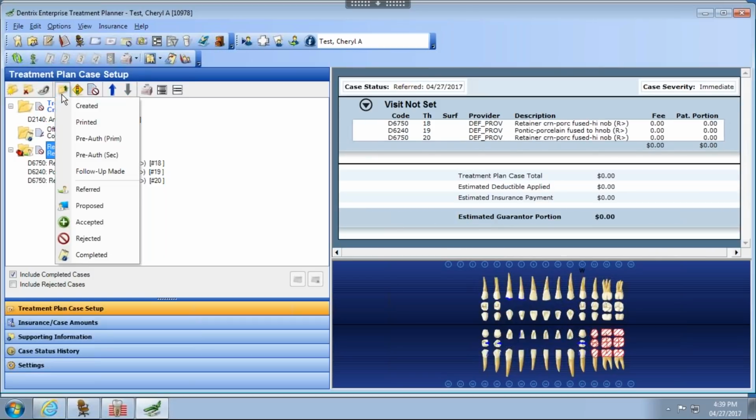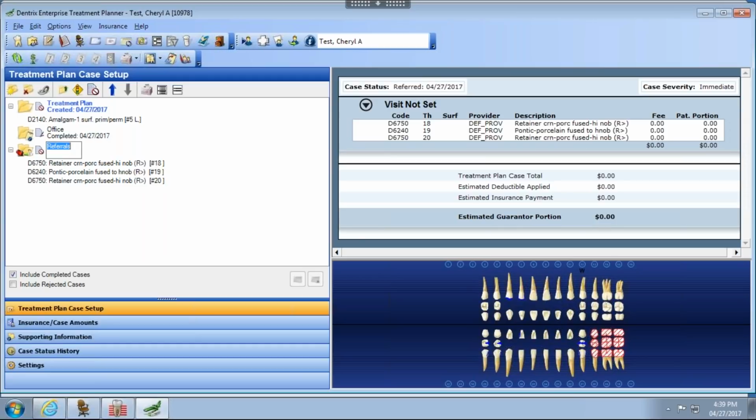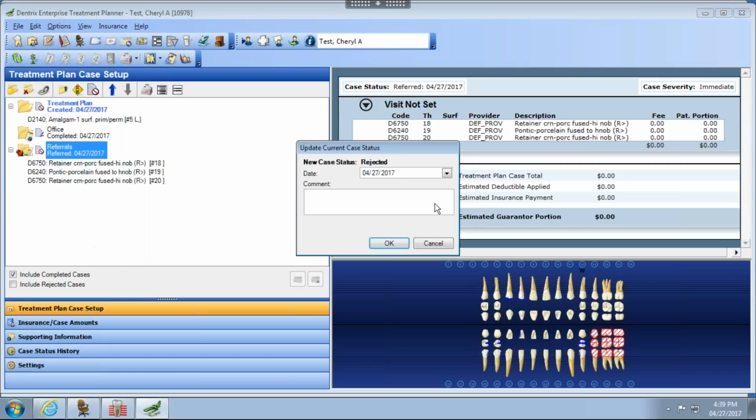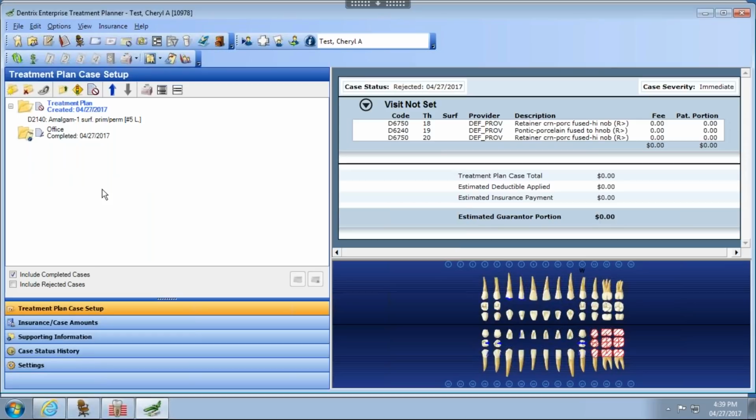This referral one, remember we did set it to referred. But let's say the patient has rejected it. I can come in here, highlight that case, choose the status rejected. It will allow me to put any notes there of why the patient is rejecting. Click OK. Again, it's gone from my view of my open cases. However, it's hiding in my rejected cases view. So I can click on rejected cases down here